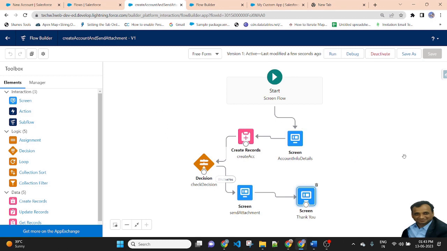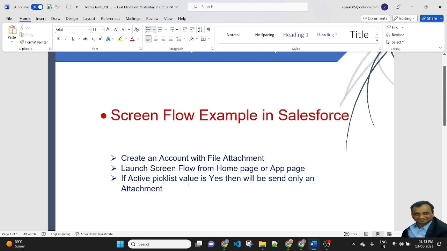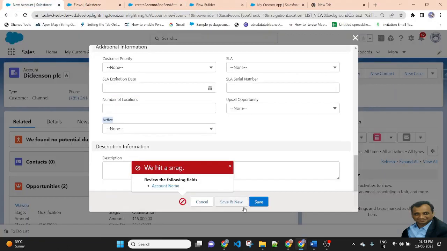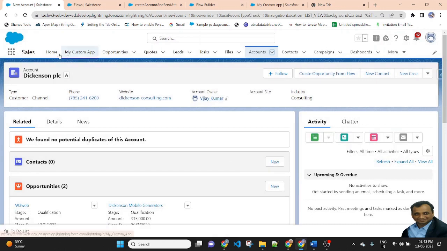Then we need to launch the flow from the home page. As you can see previously, after activating the flow, we launch the flow from the home page or app page. So now I am launching this flow on the home page. So friends, this is my home page.